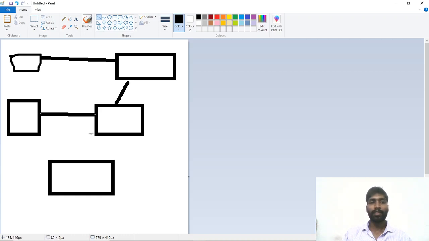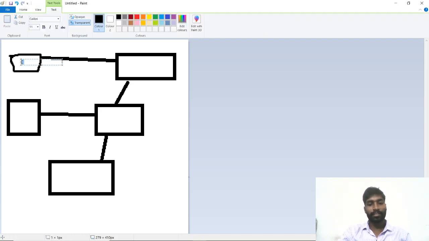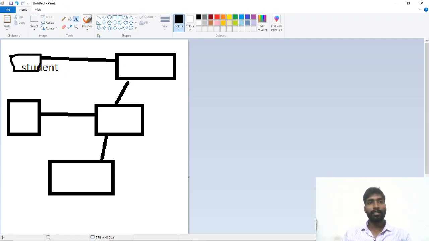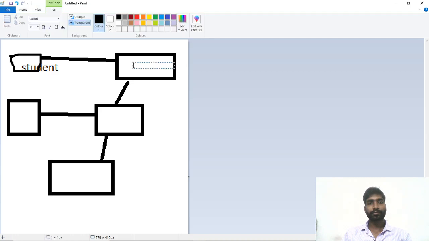In one table there can be student information, and in this place it can be an address.